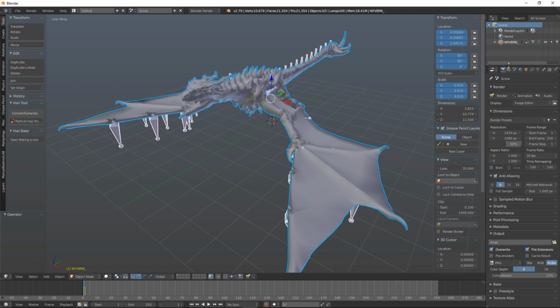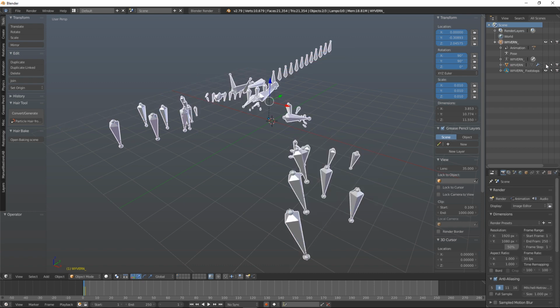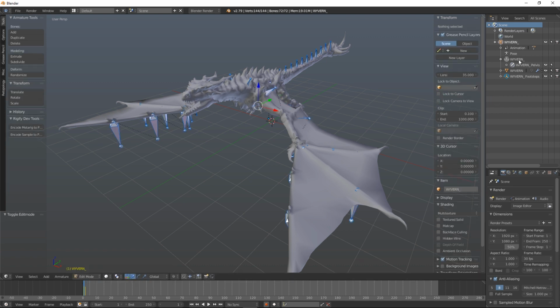So let's have a look what we've got here. If I just pull this down, we have an armature, so it's been recognized as a bone structure, and we have our Wyvern in here. So there he is, and there's his bones. So just like any other race we want to create, if we have a look at the bone structure, it starts with pelvis. We know we need our global and position bones, so let's quickly go into edit mode in our armature,